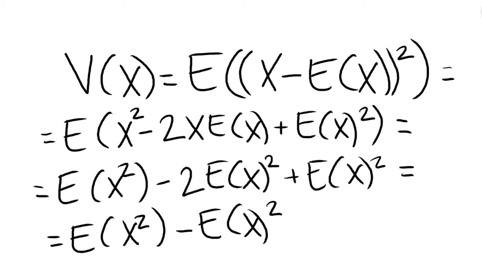So please take note of what you're reading and not necessarily what I say, because it sounds the same. The expected value of x squared minus the expected value of x, squared. But this is the step we usually want to look at, because this is often easier to calculate than the previous step. And it is the exact same thing.